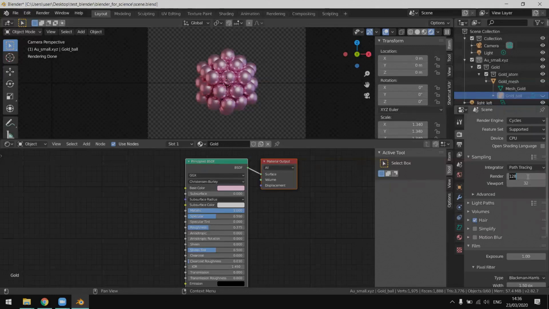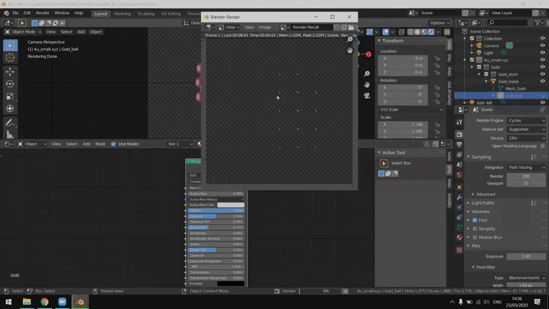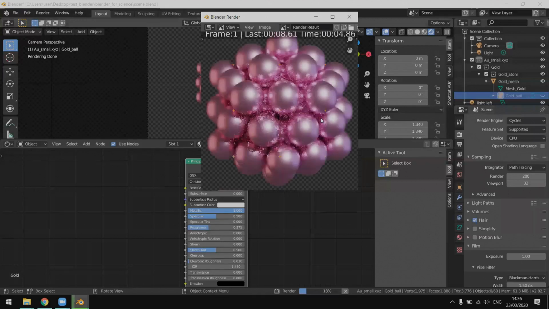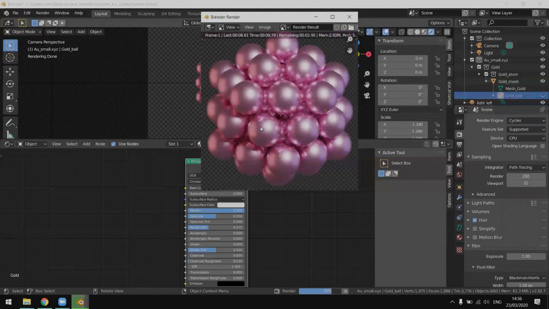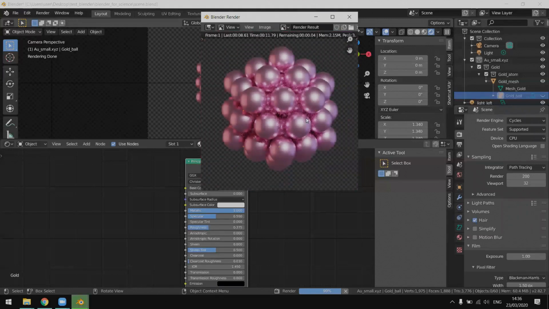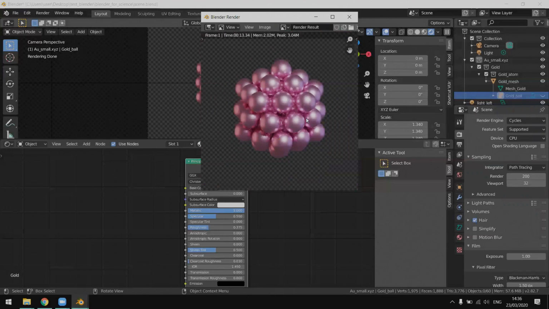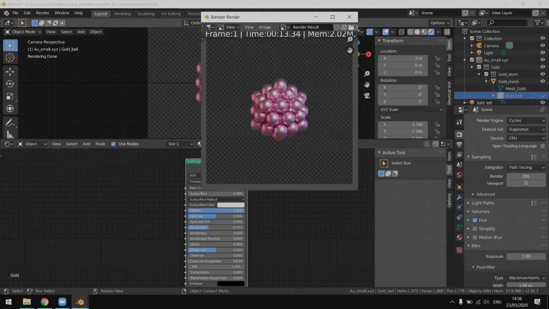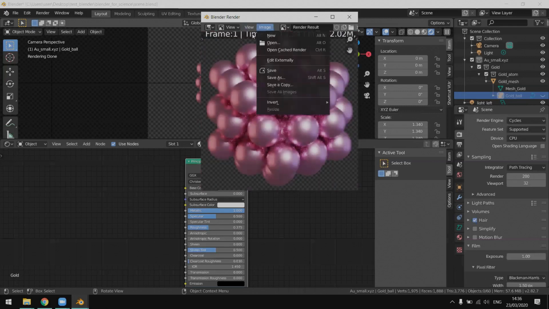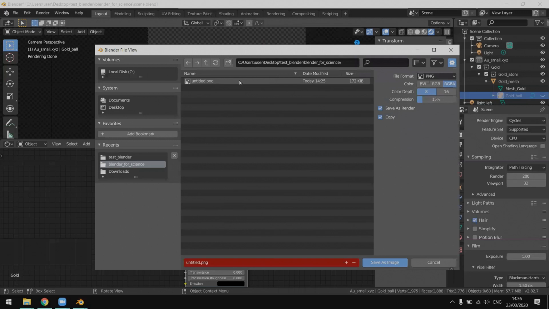So if you increase this to 200, the render will take longer, which maybe you will be able to notice here, but you will get slightly better quality. If you have a very complicated object that you would like to render in high quality, then you would have to go with a lot of samples, and maybe commit more resources to this image. So let's call this fine, and let's save the image. Let's save it as